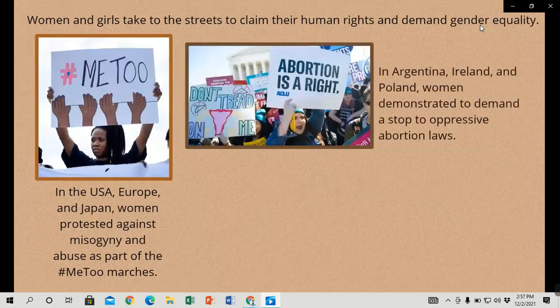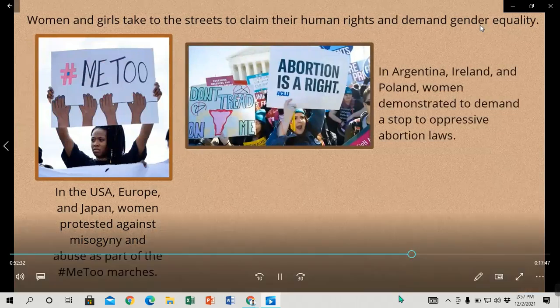Then in Argentina, Ireland, and Poland, women demonstrated to demand a stop to oppressive abortion laws. So even up to now, there are still different laws that are against abortion, especially in the examples of Argentina, Ireland, and Poland, being they are also considered